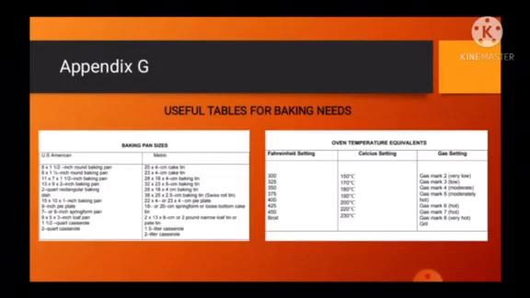And for baking tin, there are 4 sizes: 20 by 18 by 4 cm, 32 by 23 by 5 cm, 28 by 18 by 4 cm, and 38 by 25 by 2.5 cm. That is the Swiss roll tin. And pie plate size is 22